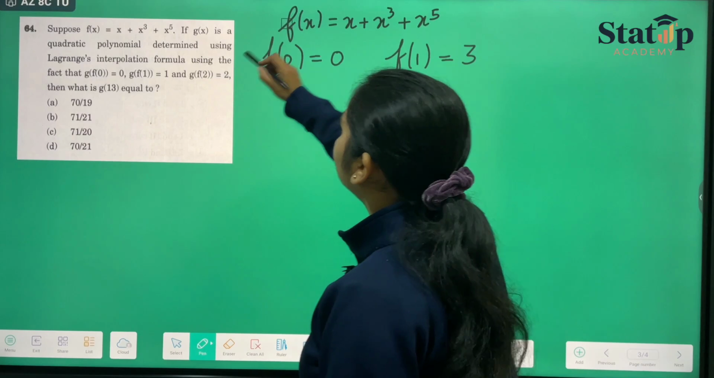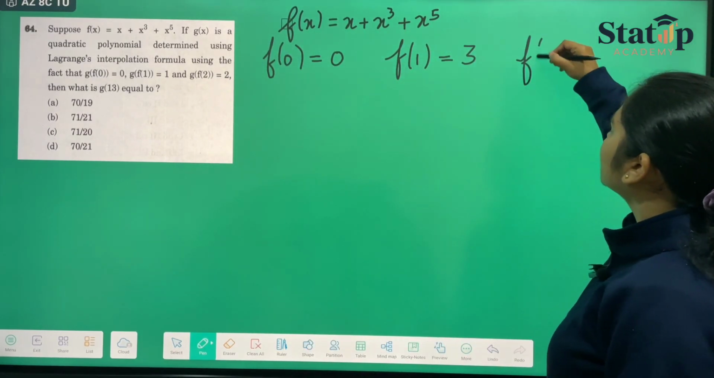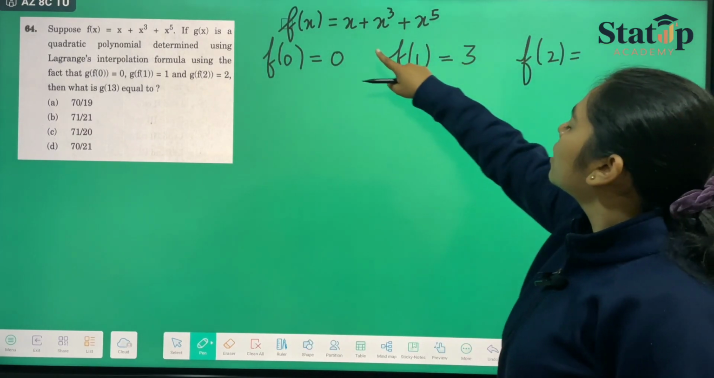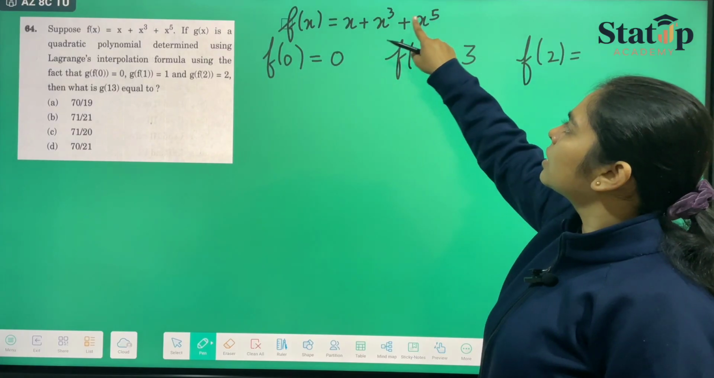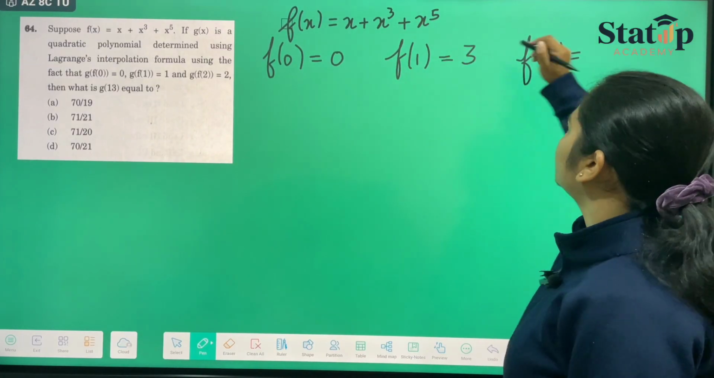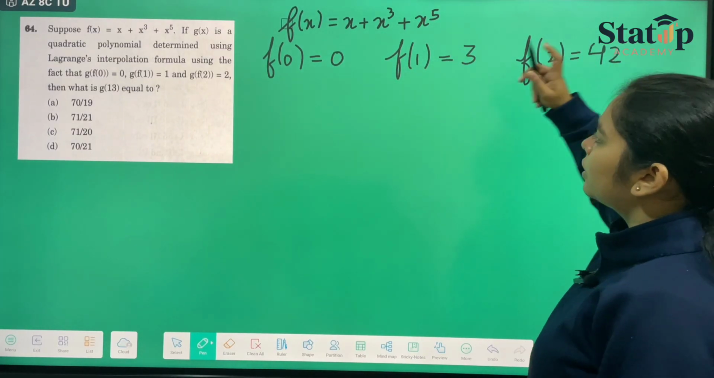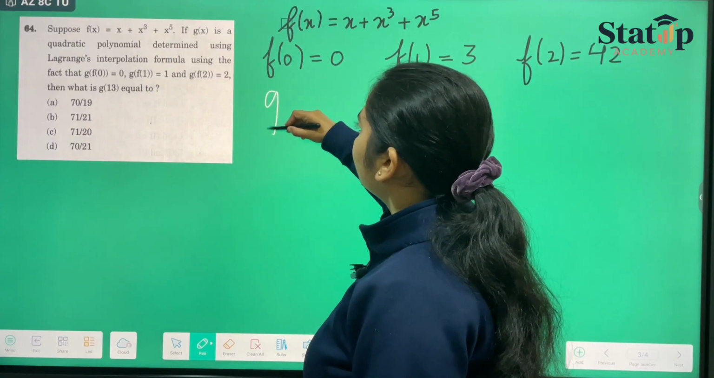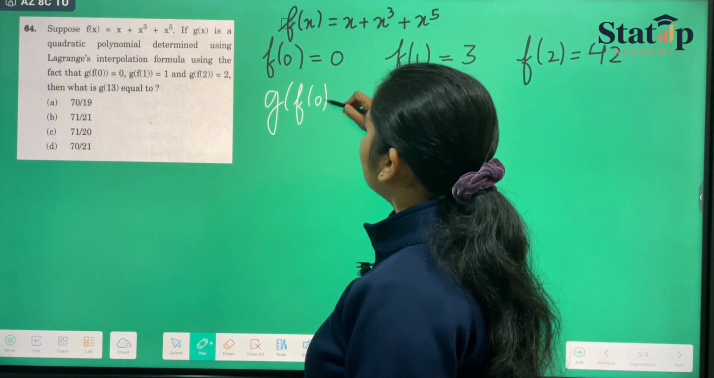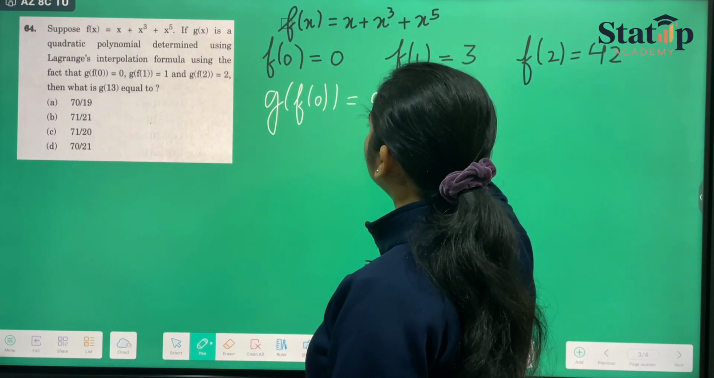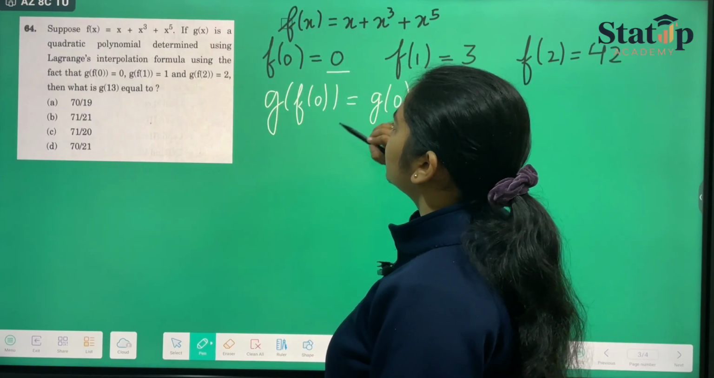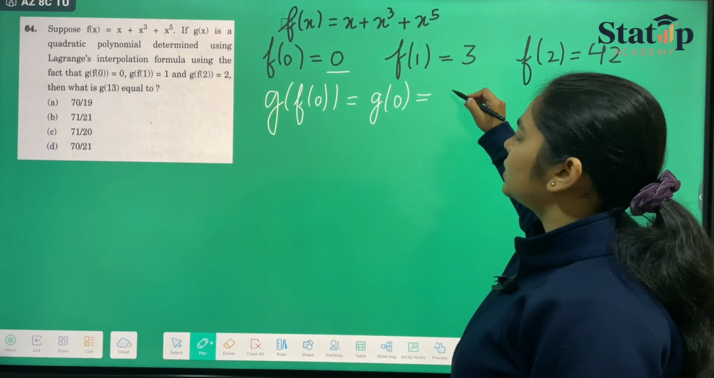And if we put f2 here, then we will be getting 2 plus 8 plus 32, which will be equal to 42. Now g of f0, if I write g of f0, then I can also write it as g of 0, because the value of f0 is 0. So g of 0 has been given to us as